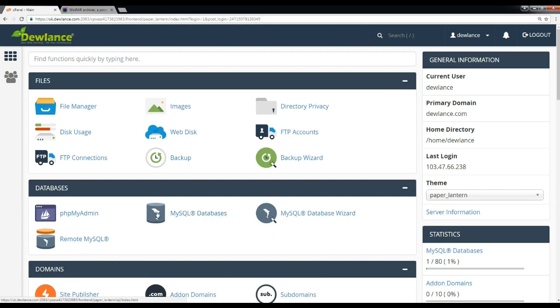SSL certificates, email, logs, etc. So first we are going to restore the backup of the home directory. We can use FTP. If you are getting any error in compressing your backup of the home folder, then you can use an FTP client,